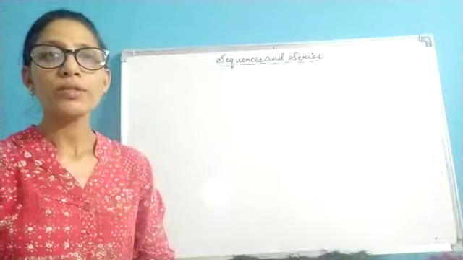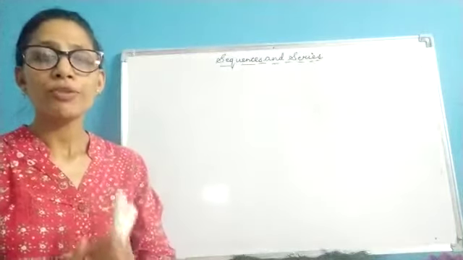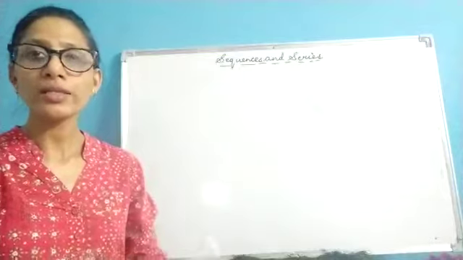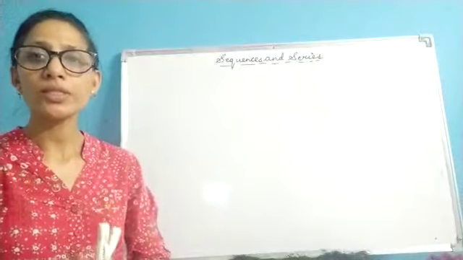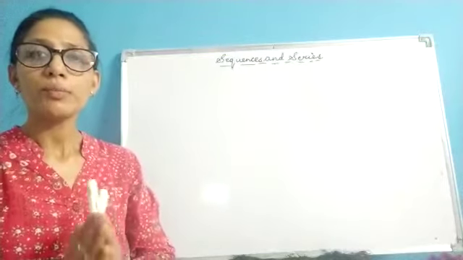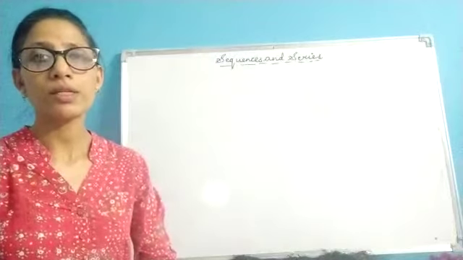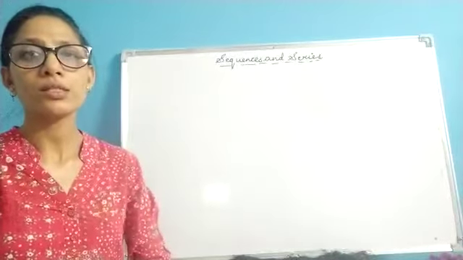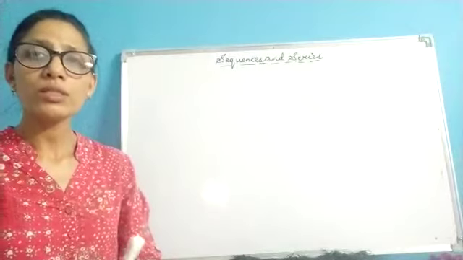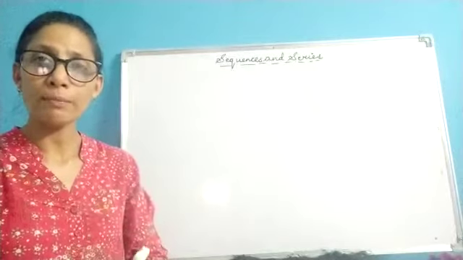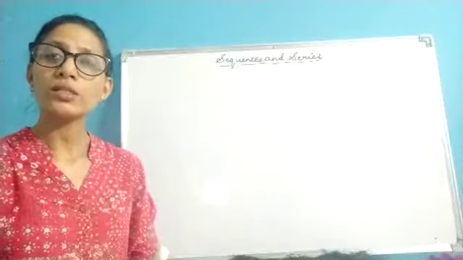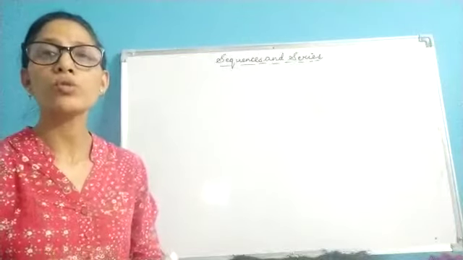Everyone. Today we are going to discuss a very interesting, scoring and easy chapter, which is sequence and series. Children, before starting with the questions of sequence and series, let us define sequence and series. So children, a sequence is defined as a collection of numbers which follow a certain pattern or which follow a mathematical